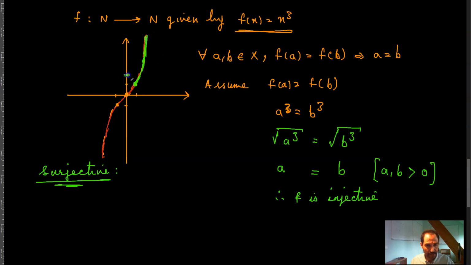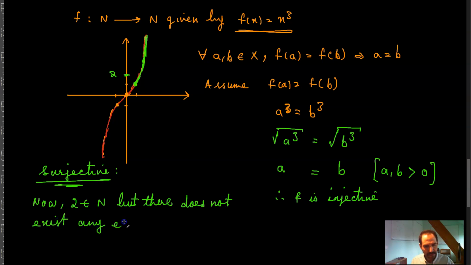That means that there is at least one element here, 2, which is not the image of any of the elements of the domain, because 1 cubed is equal to 1, 2 cubed is equal to 8, and so there is no number between 1 and 2 that can possibly be mapped to 2, and 2 falls between 1 and 8, right? So you can say that 2 belongs to N, but there does not exist